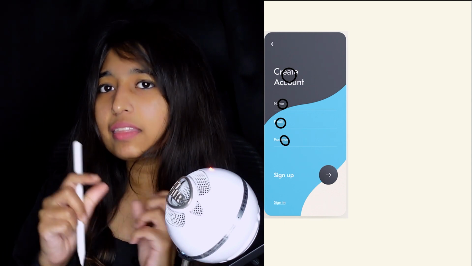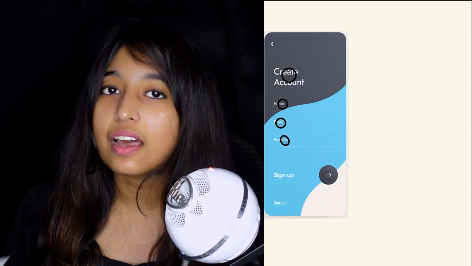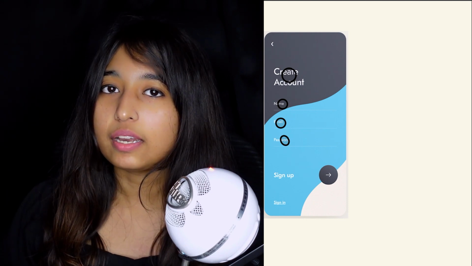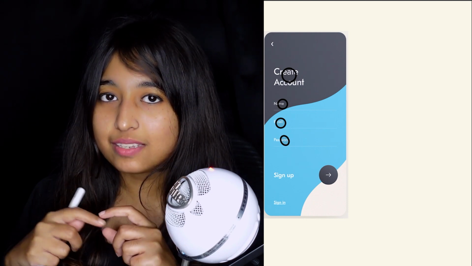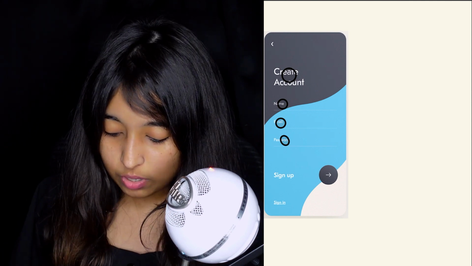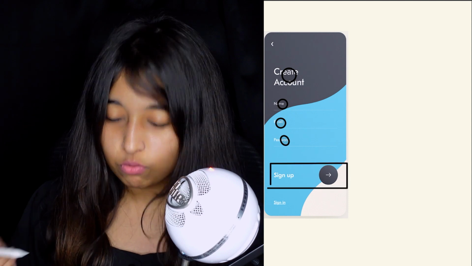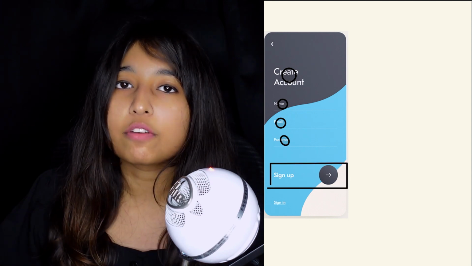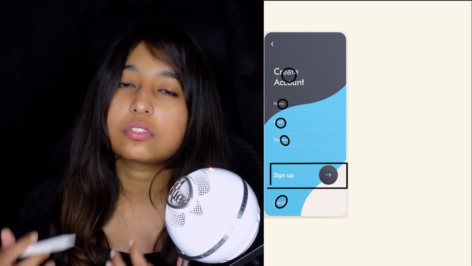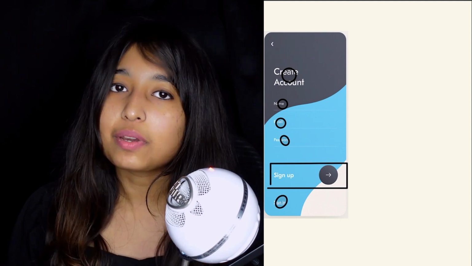The sign up and the circular button, I don't feel that's atomic, because they can be further broken down into more widgets. So I guess this is a collective widget or a molecular widget. So let me put this into a box, because this can be broken further down. And then we have another, the sign in button, which is again an atomic level widget.